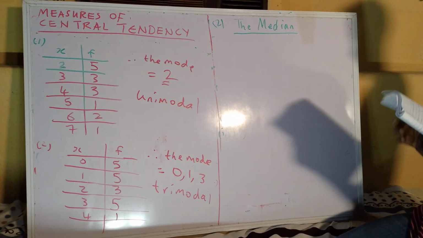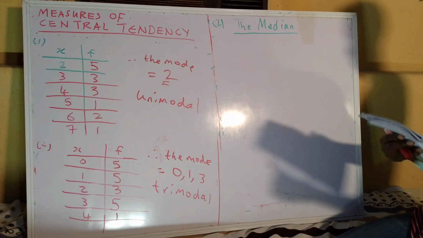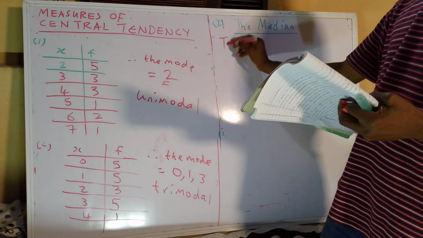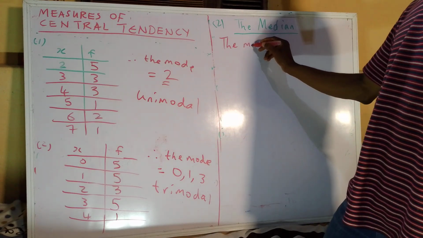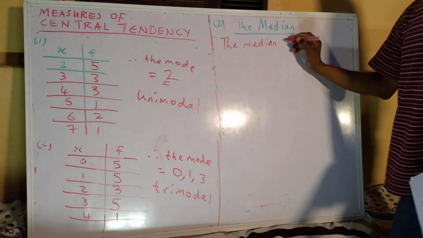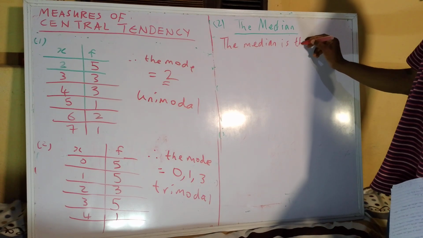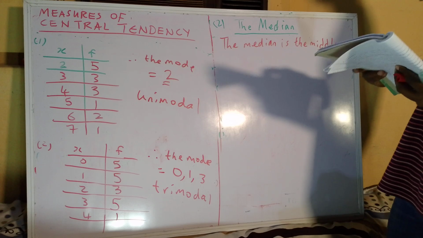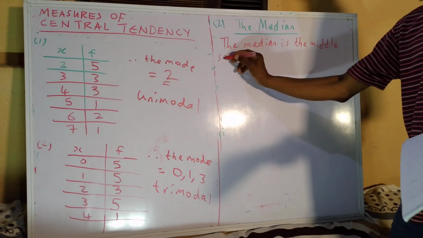The median. Median is the middle score after all the scores have been arranged. The median is the middle score. We all know this. It's the middle score